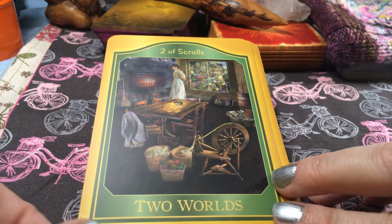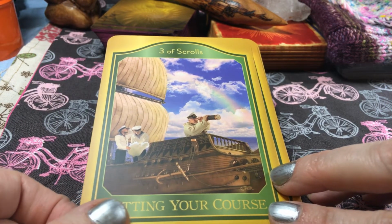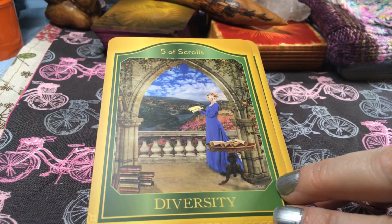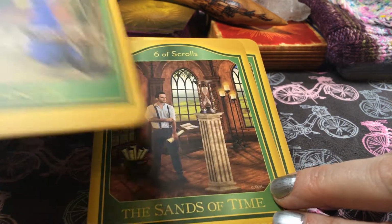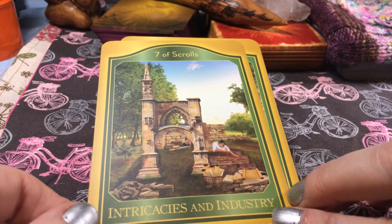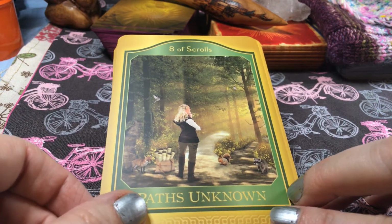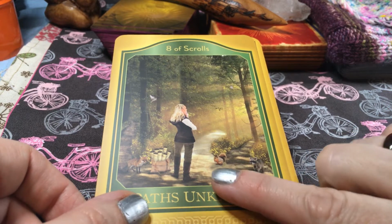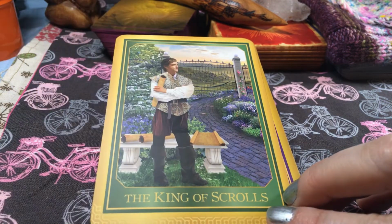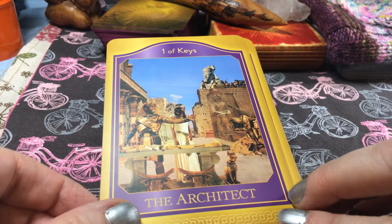So the Ace, the 2, lovely spinning wheel, setting your course, the Karmic Trench, Diversity, the Sands of Time, Intricacies and Industry, Paths Unknown. Got a fox, a raccoon, little squirrel. Queen of Scrolls, the King of Scrolls, and now we're in the Keys suit, the Architect,